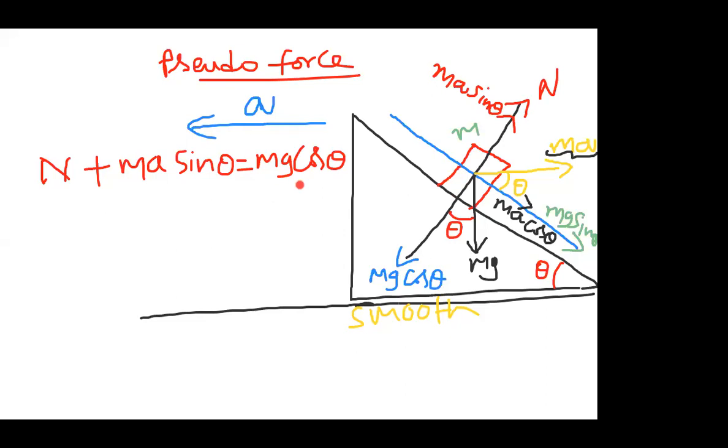Now coming to here, another thing we can observe: the block is sliding down. There is no friction, there is no opposing force, nothing. Simply the block is going down. Let us take the block is going down with acceleration a naught. A naught is the acceleration of the block.